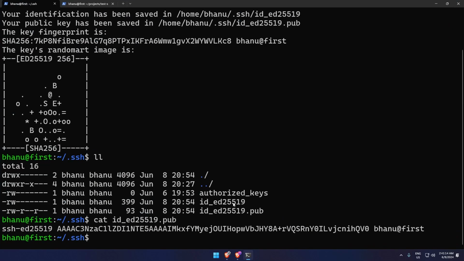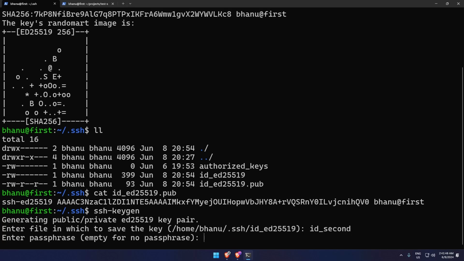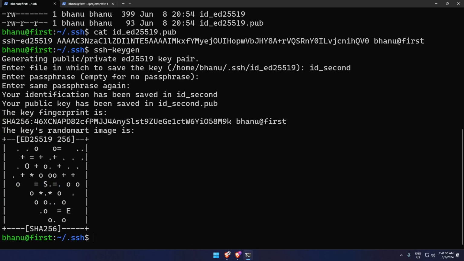Let's come back here into SSH and again run ssh-keygen. Let me rename this one, because you have to rename it. If you use the same suggested name, it will override the existing file, because the file is already present in the same directory with the same name. So let's say second,